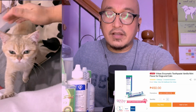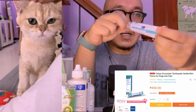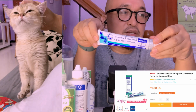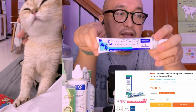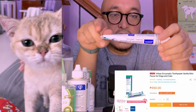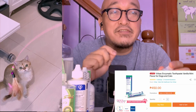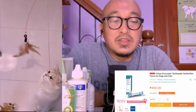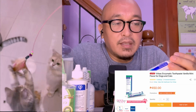Okay, from ear stuff, let's go now to something that you can use for your teeth. This one is toothpaste. Okay, so this is called the Verbac Enzymatic Toothpaste, 70 grams. It's 450 pesos only. So if you want to brush your teeth, so this is pretty great. And please never ever use human toothpaste. Why? Because human toothpaste has xylitol, and xylitol is toxic to cats. So use instead actual,